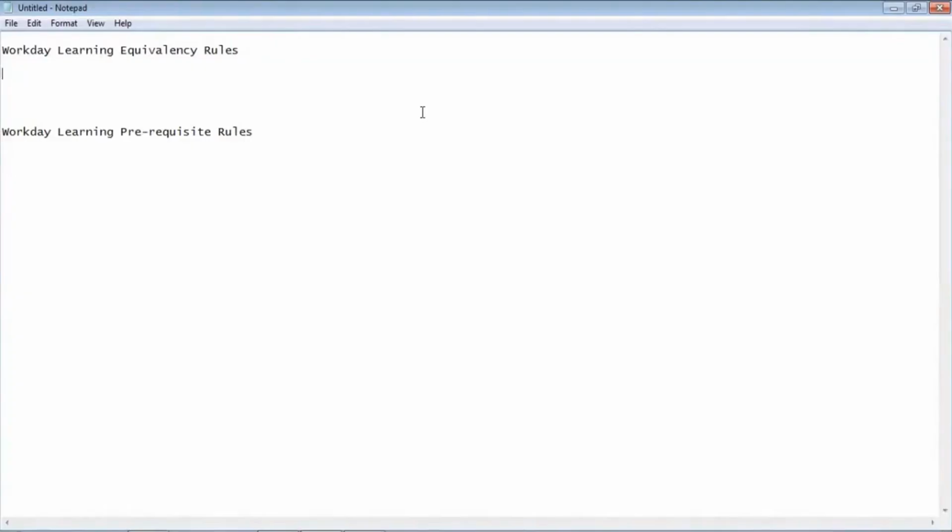There is no difference. Apart from the actual course, the other one is equivalent, and we'll be creating such rules here, which make the employee go with those equivalency rules.